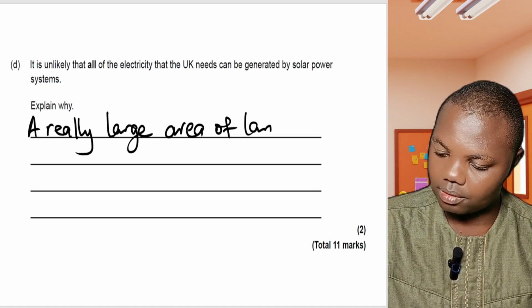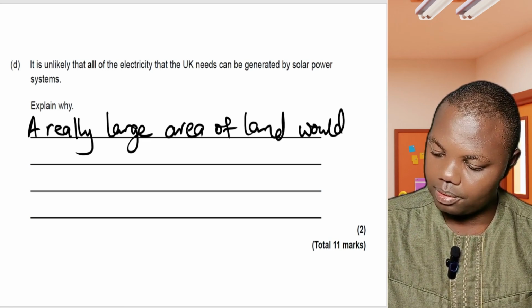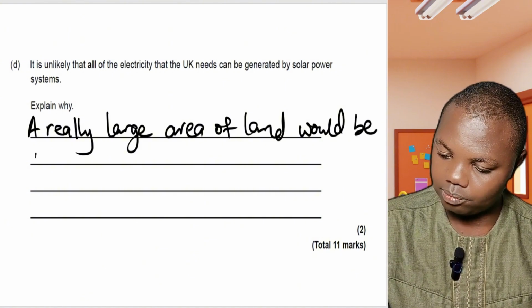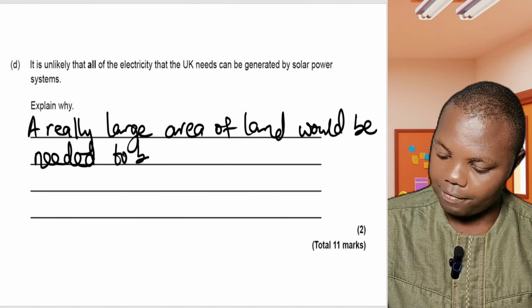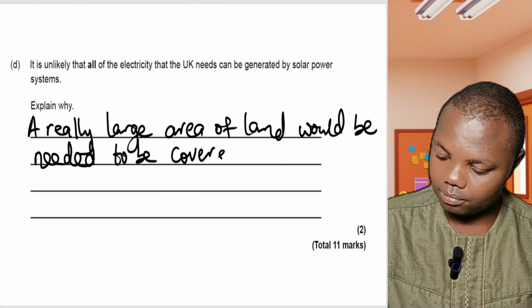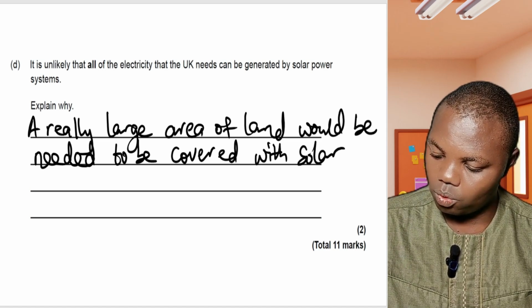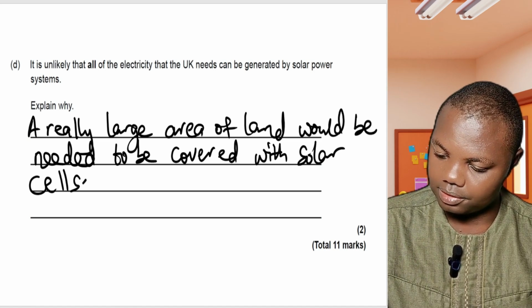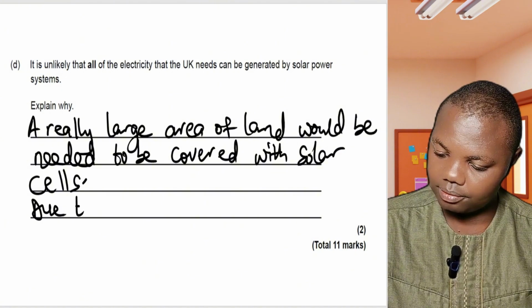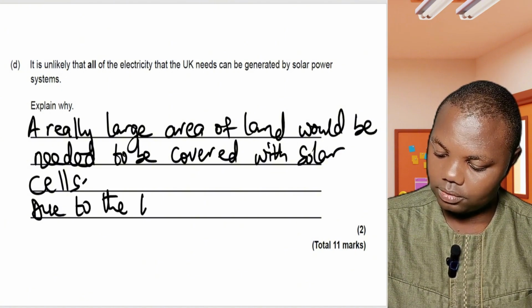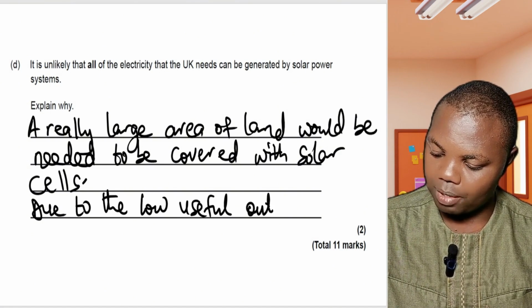of land would be needed to be covered with solar cells due to the fact that there is low useful output power